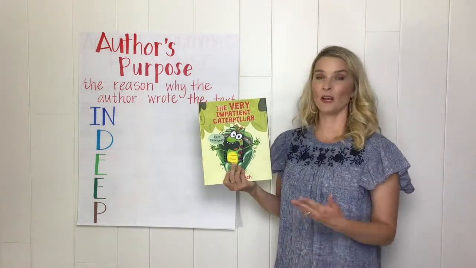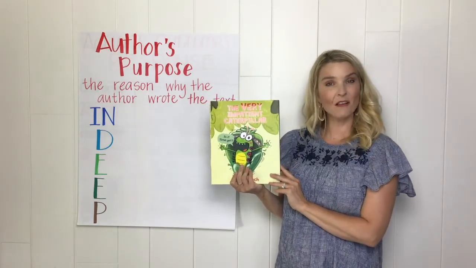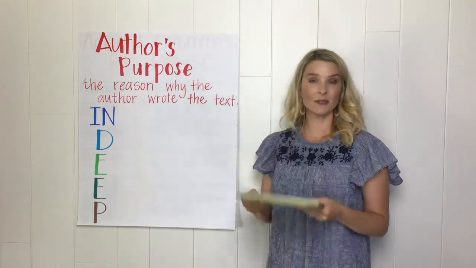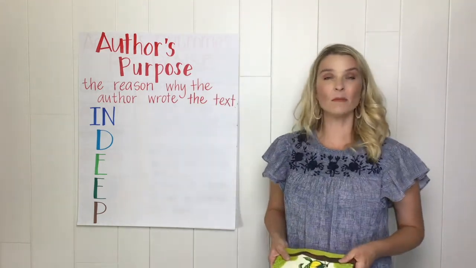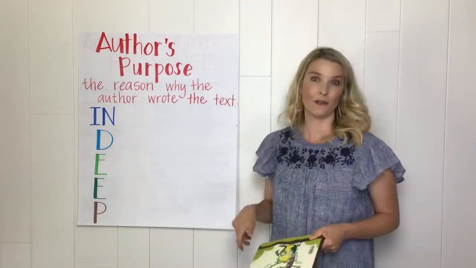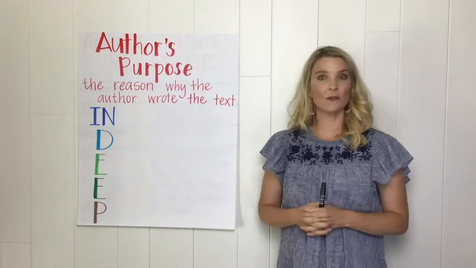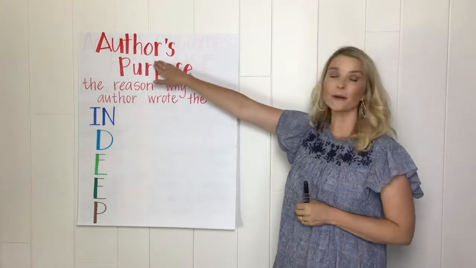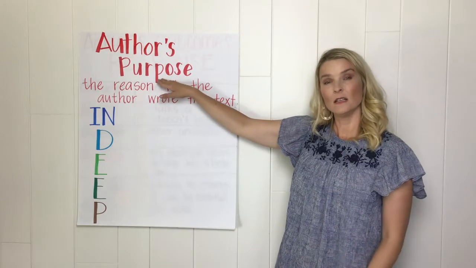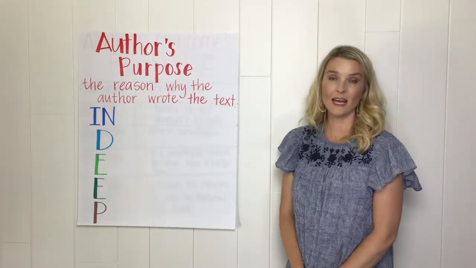Also, we learned that in the Very Impatient Caterpillar, it's really important to be honest with yourself, be patient, and wait for things to come. So a lot of these books that we've been reading lately have really important messages, and there's a reason for that, and that's called author's purpose, which is what we're going to talk about some more today. Author's purpose. If we just break down those two words, we can say, okay, who is the author? The person who wrote the story. And the purpose is the reason. So author's purpose means the reason why the author wrote the text.